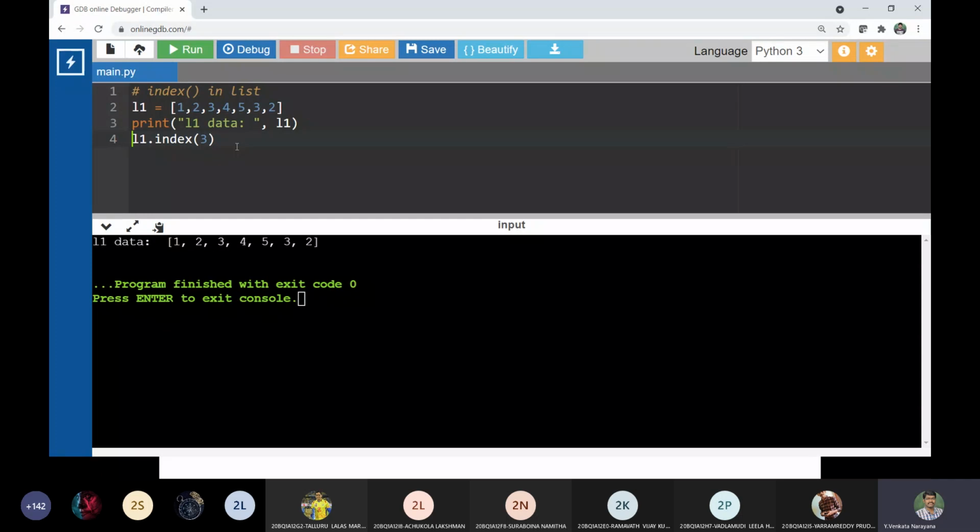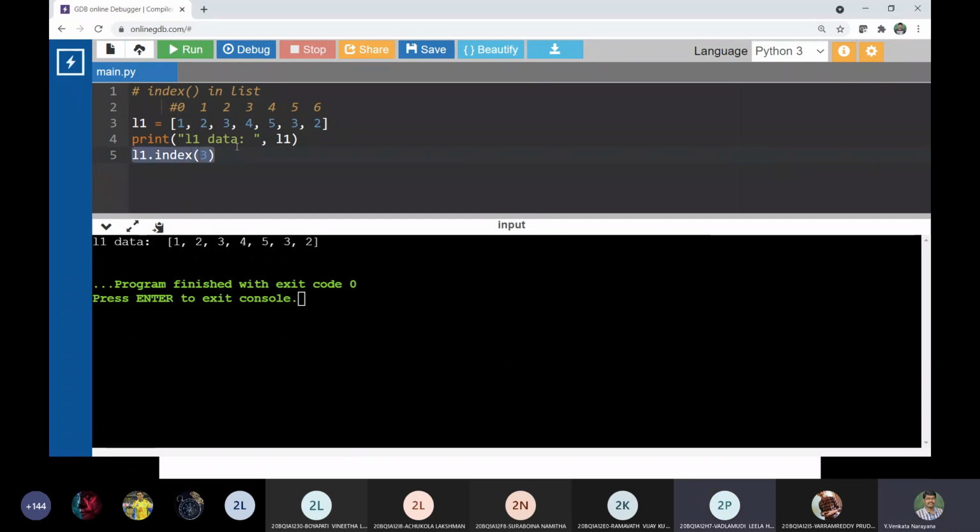Let us go with an index position so that it is clear for us. This is the 0 position, 1, 2, 3, 4, 5, and 6. So if we do like this, I think it should return a position, right?